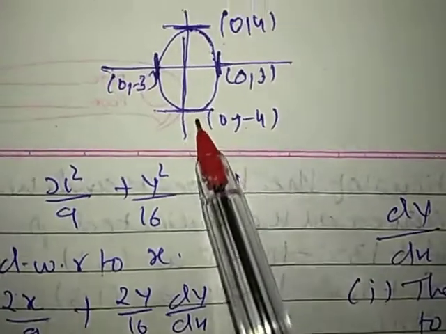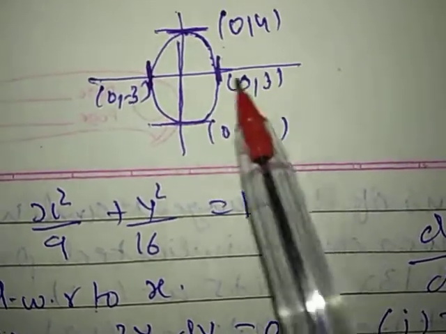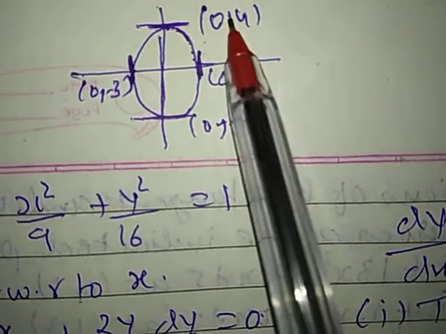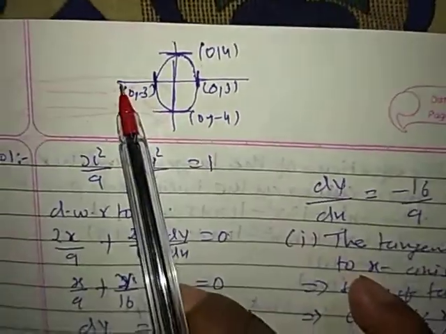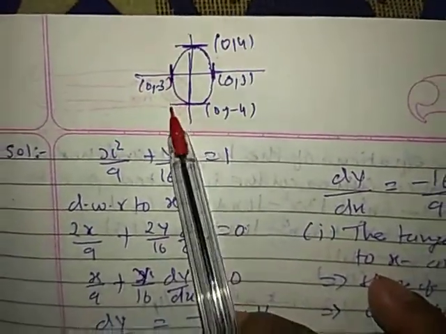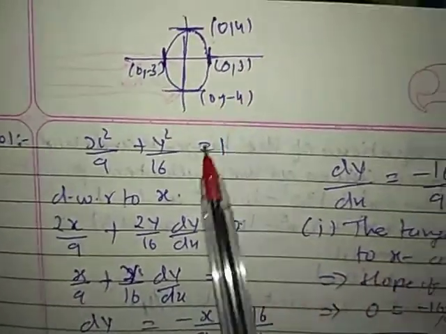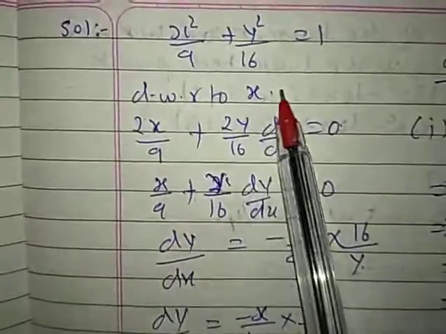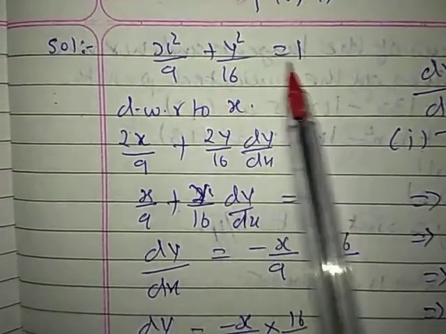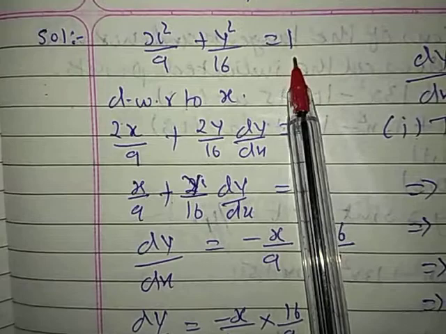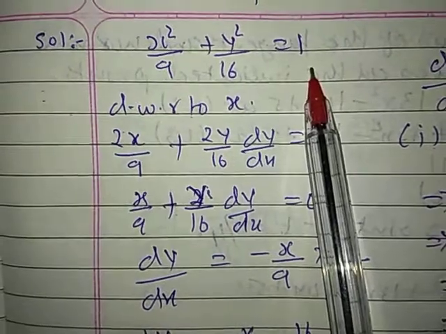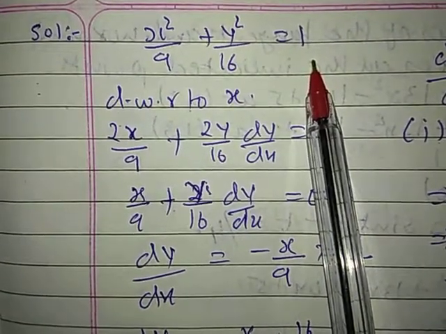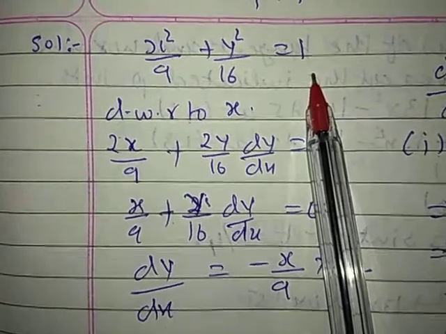So if you plot the graph, is it here? X-axis 3 and minus 3, y-axis minus 4 and 4. Is it? So this will be the line parallel to x-axis, and this will be the line parallel to y-axis. Okay. So what we actually have to find is the point. Is it? So first we'll take the derivative, we'll get a slope, and then we'll say parallel to x-axis. What is it when parallel to x-axis? Slope is 0. Okay, slope of tangent is 0.